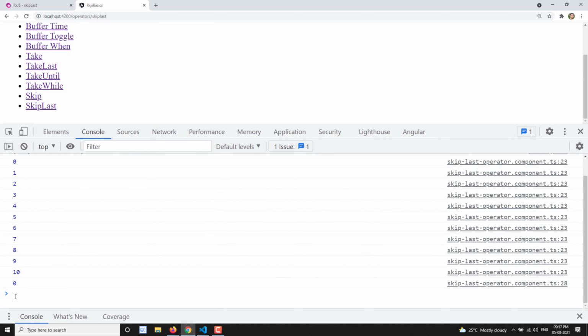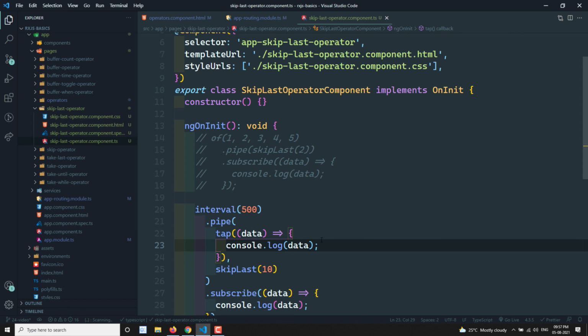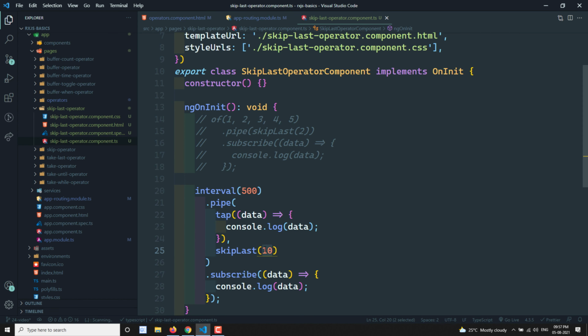Now when these 10 values have been printed, you will be able to see 0, 1, 2, 3 lines like that. Why do we see that? Skip last of 10 values will not wait until the completion of the observable. It will wait for the first 10 values, and then after the 11th value is printed, it will understand that there are more than 10 values,